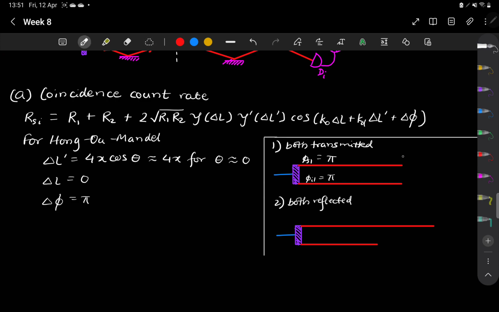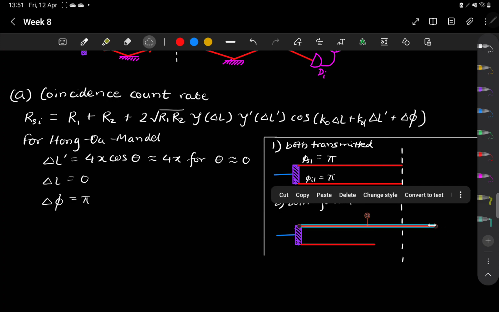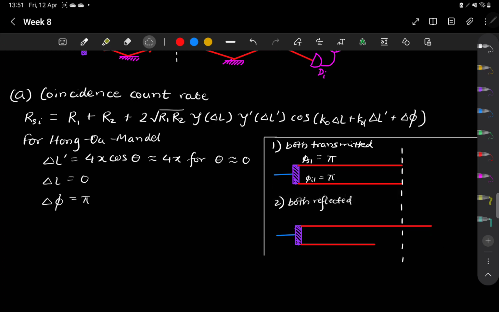So if this is the balance position, then this distance is 2x cos theta and this distance is also 2x cos theta,